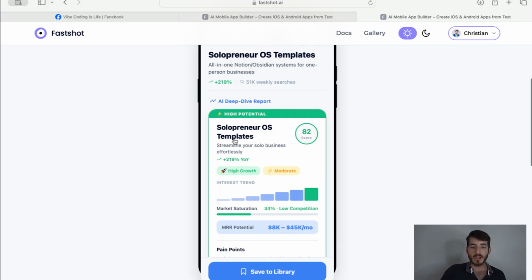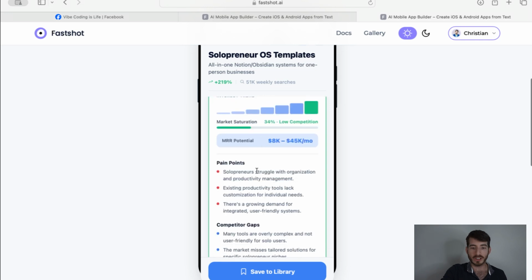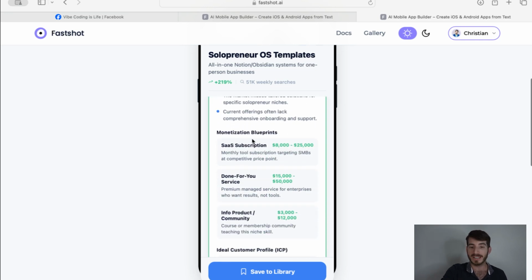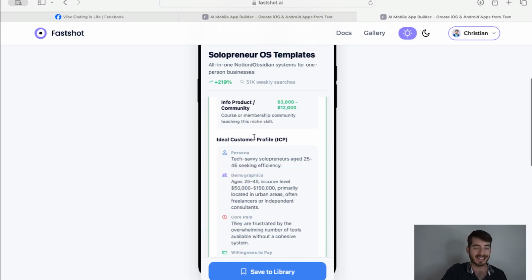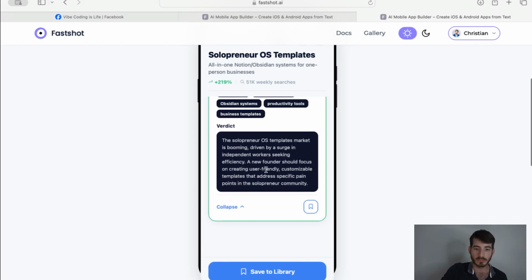Okay, and here's the Solopreneur OS template. It rates as an 82. You can see the year after year growth, high growth, moderate, low competition, MRR potential. It gives you the pain points, competitor gaps, monetization blueprints, the ideal customer profile, a 3-step execution roadmap, and some keywords.